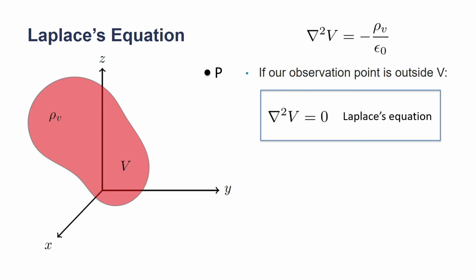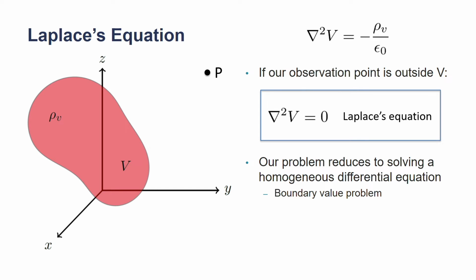So the right-hand side is zero, and we get the homogeneous equation that we're looking for. That equation, where the right-hand side is zero, is called Laplace's equation. It is a special case of Poisson's equation, and it holds everywhere outside the source region. So everywhere outside this volume V, our problem reduces to solving this homogeneous differential equation, and it basically turns into